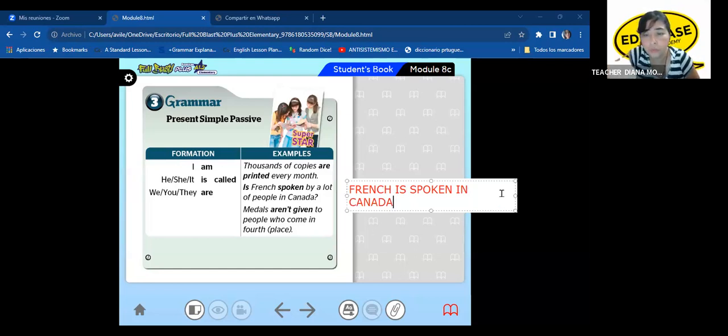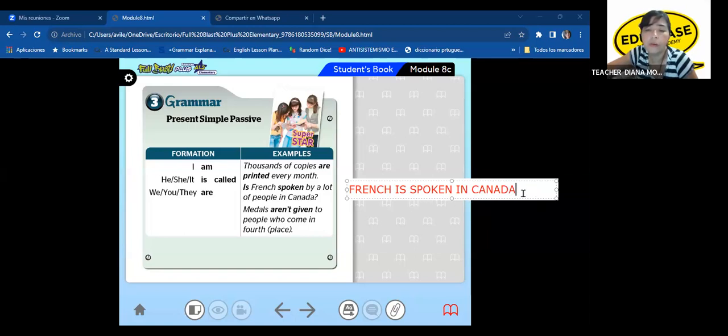Okay, French is spoken in Canada. That's the point. The action that is spoken. Who? By children, by Canadians, foreign people, by the whole population, by people in Toronto. It doesn't say, right? So we don't need